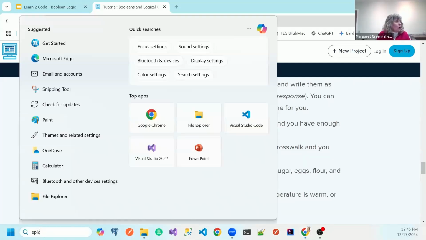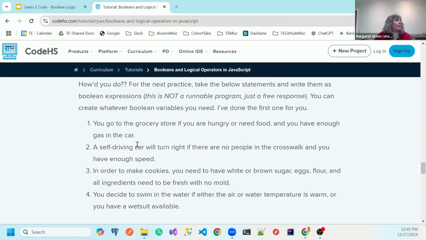So how, right? I'm going to just open up a quick program here. So I'm going to go to the grocery store if I'm hungry, are hungry, or need food, and have enough gas. See how using these variables, are hungry, need food, has gas, really make it a little bit more readable, right? Your self-driving car will turn right if there are no people on the crosswalk and you